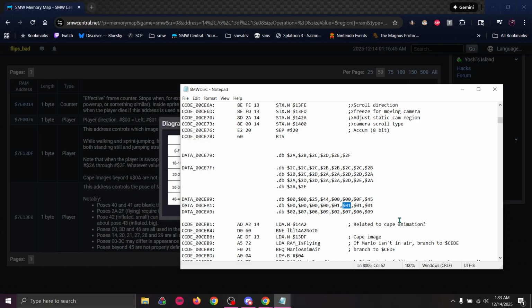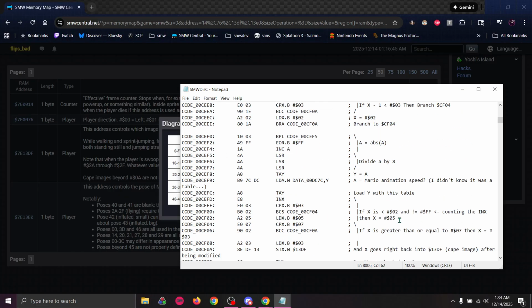Now, normally it is impossible for a person to see within the first 2 frames of twirling what pose Mario has specifically, and then react in time by approximately the 4th frame. There's a little bit of wiggle room depending on where in the cycle you are to do a second twirl in that time to invert your facing direction and get the direction you want, if you've decided the direction that you're going to face is not the one you want. However, that's where our friendly... If I scroll down a bit,